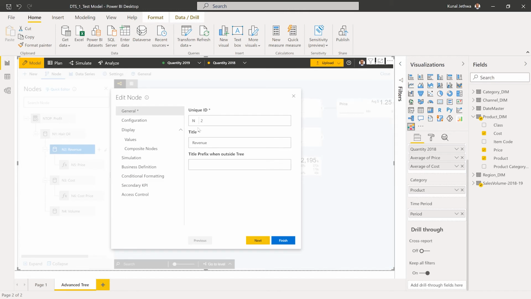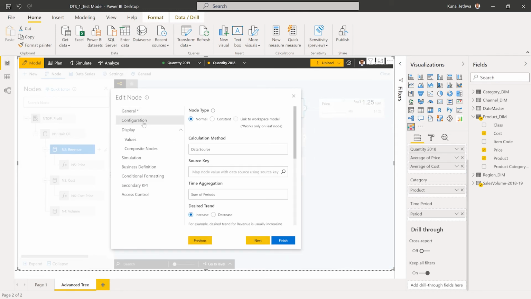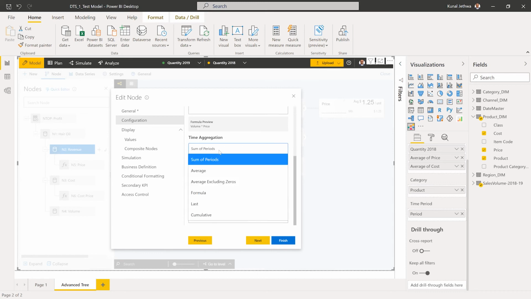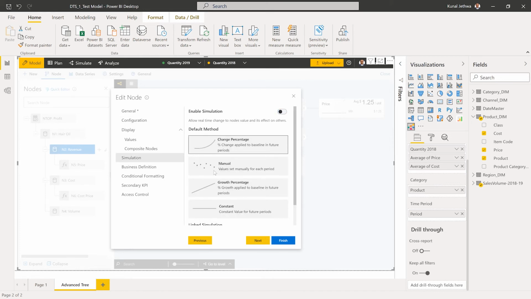Then you will have revenue, which is volume. Let's add a formula. It's volume times price. Is this, and increase is good. Probably you can have sum, or you can even use formula for aggregation. Let's keep it sum of all period. I don't want the simulation on here because this is my calculated node. I'll say finish,